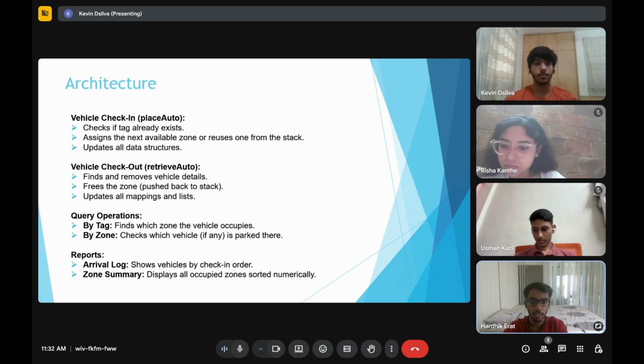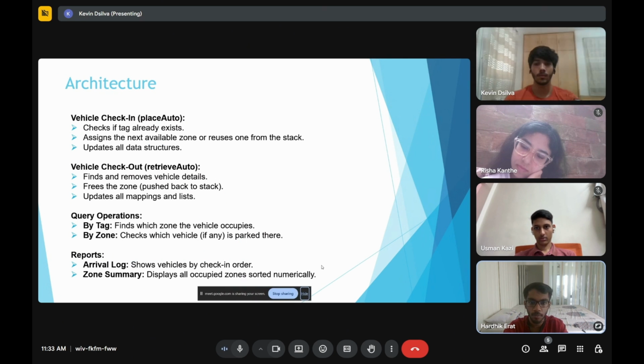So now looking at the architecture, we see how all these structures work together. The system has three major operations: vehicle check-in, vehicle checkout, and query operations. Vehicle check-in: when a new vehicle arrives, the system first checks if the tag already exists, and if not, it assigns the next available zone, either a new one or the one that was freed earlier, and updates all